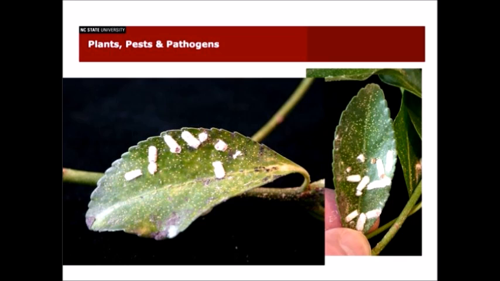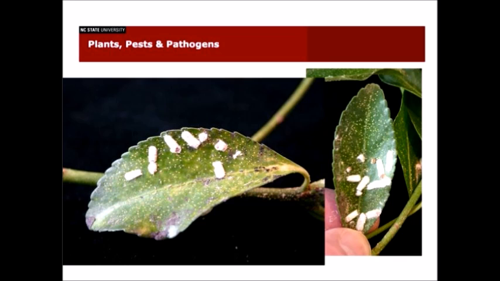And the so-called soft scales are mostly tropical in distribution. We do have a number of species that are indigenous to the United States, and typically they have one generation a year, and they overwinter in most cases as a last stage nymph. And then come spring, they will shed their skins to the adult stage, and they will begin to feed and